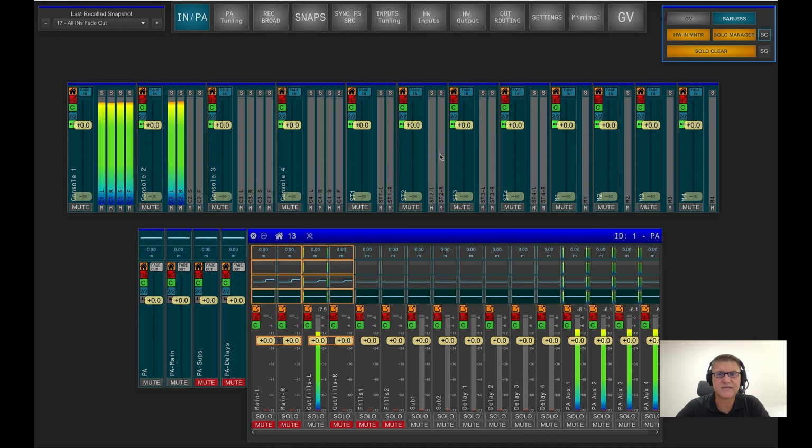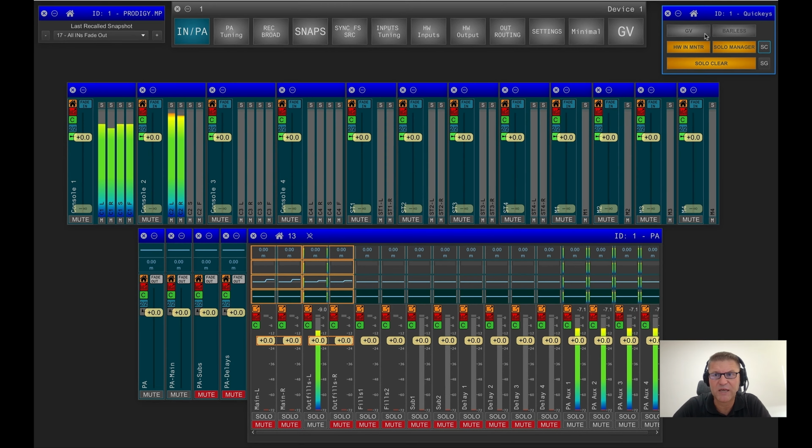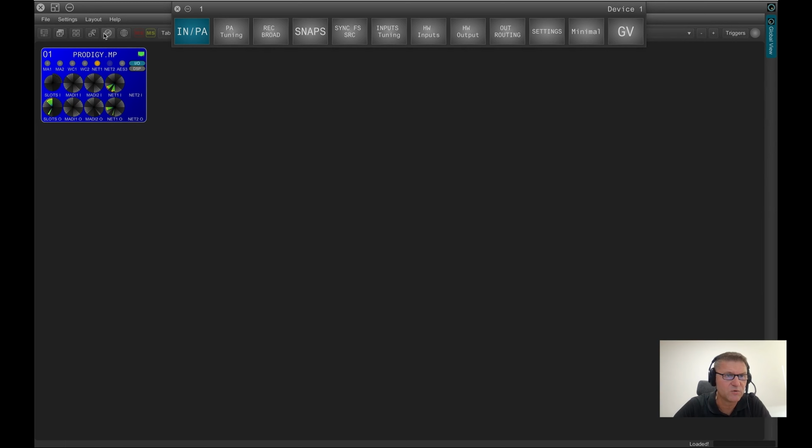Whatever should be barless at that point. You don't need to understand where these groups are coming from. This is exactly what you need, and it's consuming less space inside of your desktop. So the barless button, which is available in the global view here, which is the barless option, is also offered